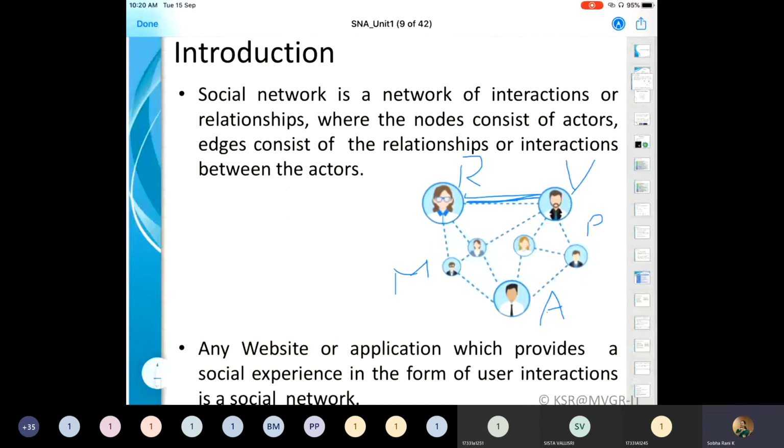Any application that provides this experience of social interaction is called a social network. It could be sharing of information or sending some data. That could be an interaction amongst the social network. This is a real-time social network. Earlier there were very few people in it, but in these 4 months, I saw that even a kid of 6 or 8 years is a member of a social network, or even parents of age 50, 60. They have their own YouTube channels and share their own content. These 4 months have drastically changed the growth of social network usage. You all know that.